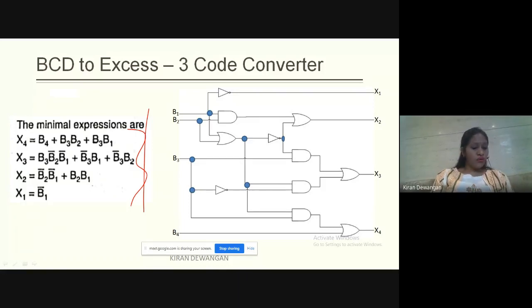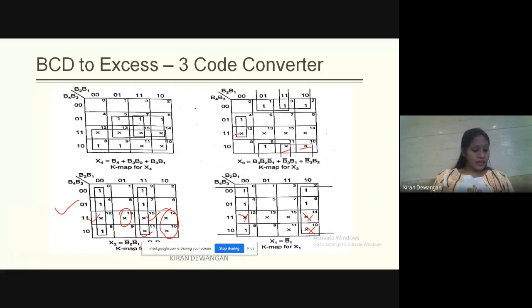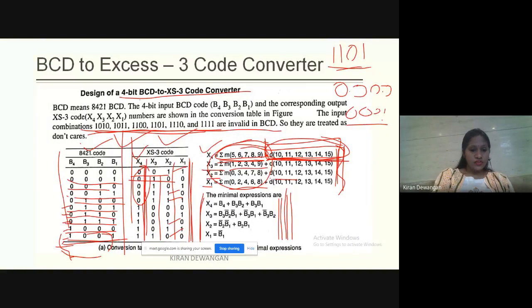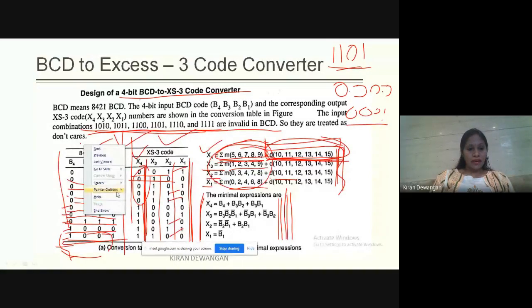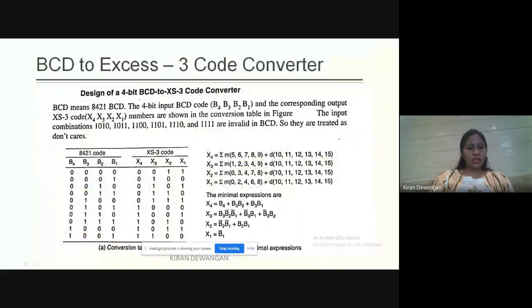प्लीज रिपीट द होमवर्क. होमवर्क इज डिजाइन ऑफ ग्रे टू बाइनरी कोड कन्वर्टर, 4-bit ग्रे टू बाइनरी, एंड डिजाइन ऑफ BCD to XS3 कोड कन्वर्टर. K-map once again. के मैप तो कितने बार एक्सप्लेन किया हुआ है, जस्ट ट्राई टू अंडरस्टैंड दिस। यहाँ पर आपका x4 कहाँ पर हाई हो रहा है, कौन से कॉम्बिनेशंस पे, और x3 कहाँ पर हाई हो रहा है। You need to just check with the combination where x4 is going high, x3 is going high, x2 and x1. From that we have written this one, the canonical form.